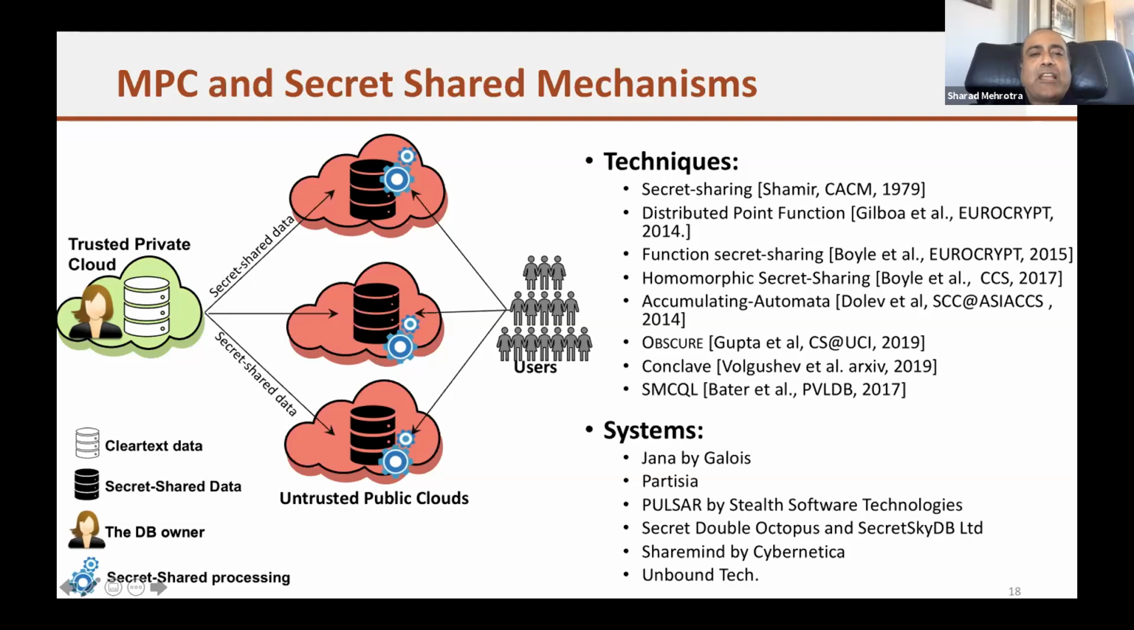Now, the collaboration can be in a communication sense, so the different clouds can talk to each other, and most MPC mechanisms assume that the clouds can talk to each other. They don't collude, but they can have a protocol which enables them to exchange data and then collaboratively answer your question. There's also a secret sharing mechanism which doesn't even require the clouds to communicate. They communicate only through the trusted private server. So the private server has to do some work to generate the final answers from the execution that happens